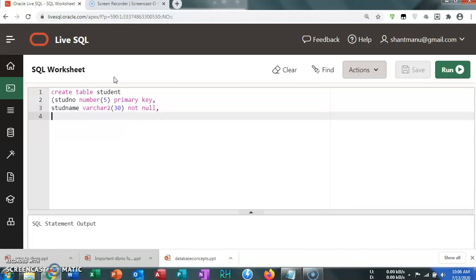Then stud age, number 3. So here you can give the constraint check stud age between 15 and 40.